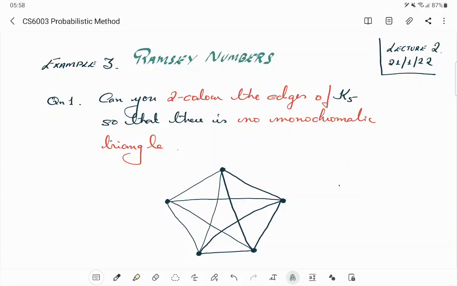Good morning, everyone. So in the last lecture, the first lecture of the course, we saw two quick examples of the use of the probabilistic method. I was initially planning to do a longer example on a problem called sum-free subsets of numbers, but I thought maybe I'll keep that for later and get into a problem on Ramsey numbers. And these Ramsey numbers will kind of stay with you for